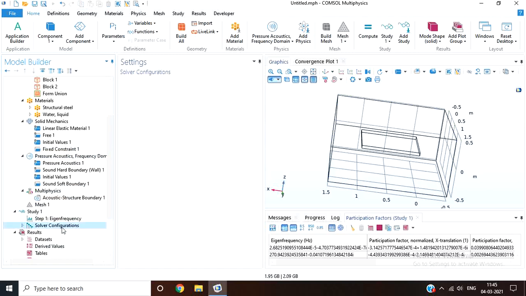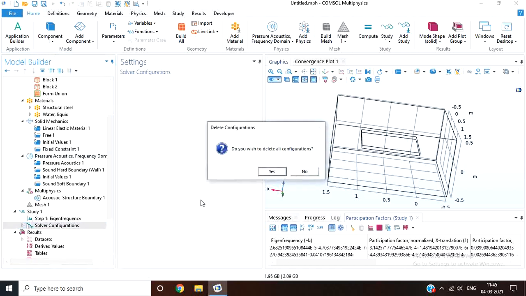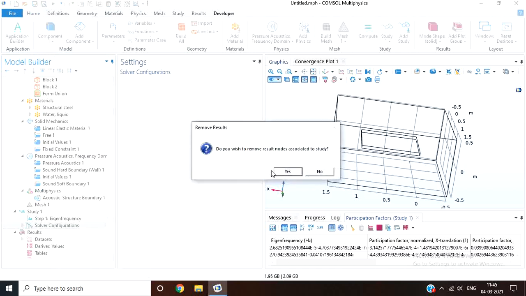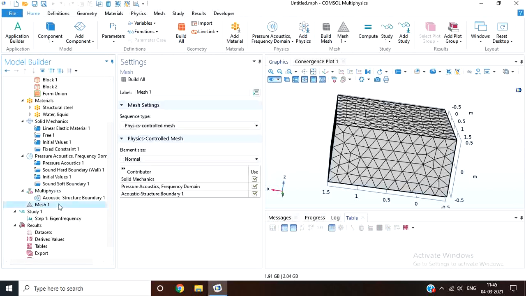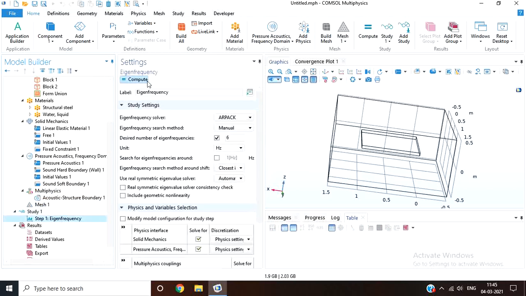Now after adding the soft boundary conditions, let's compute the eigenfrequencies.